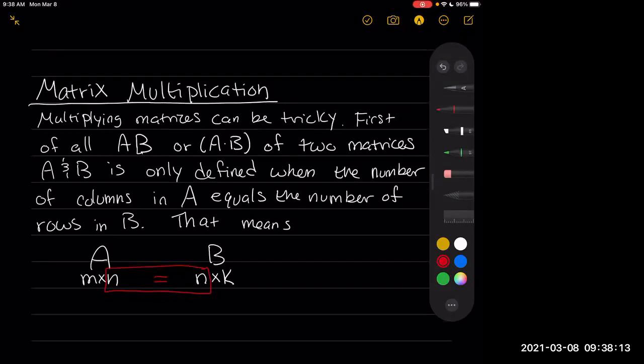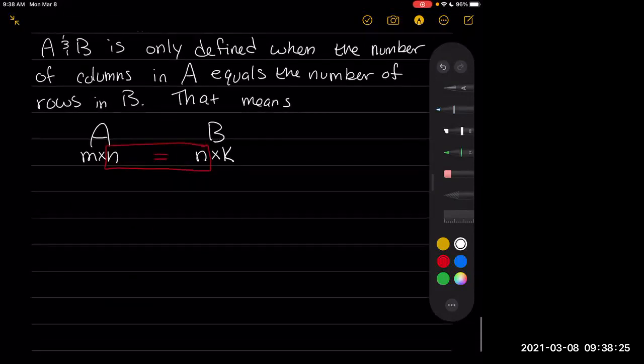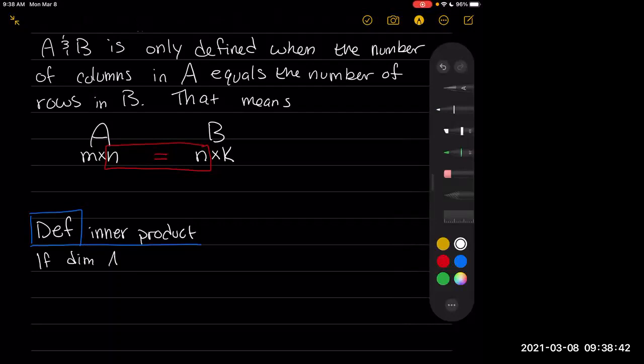Also, matrix multiplication is not like addition or subtraction. We're not going term by term and multiplying them. It's something a little bit different. So first, we're going to define the inner product. So if the dimensions of A and B satisfy the condition above,